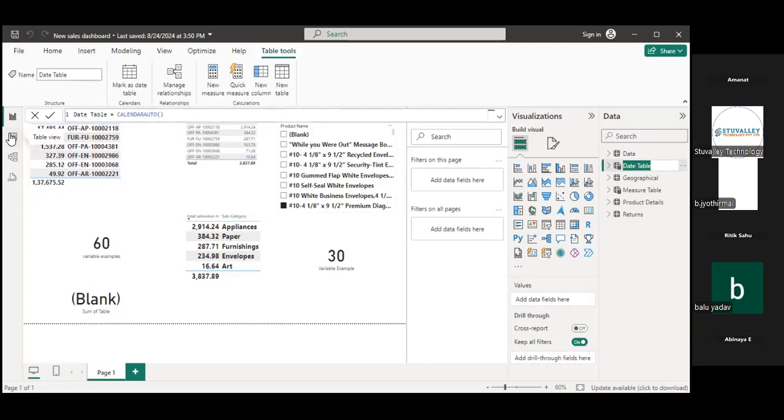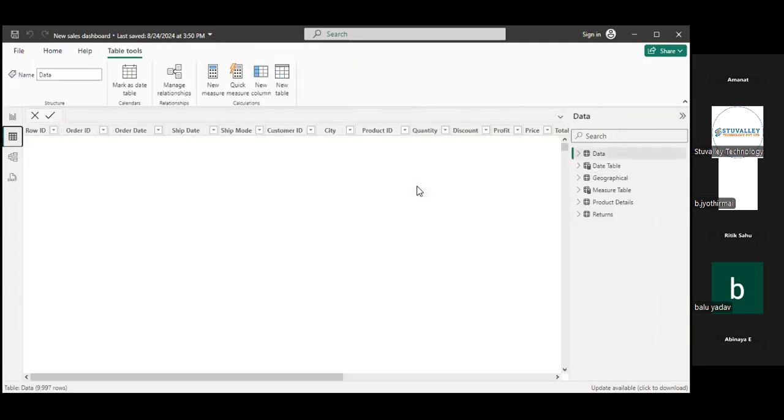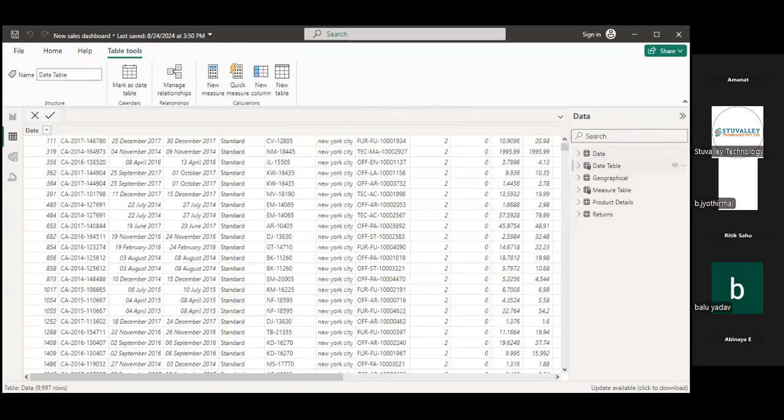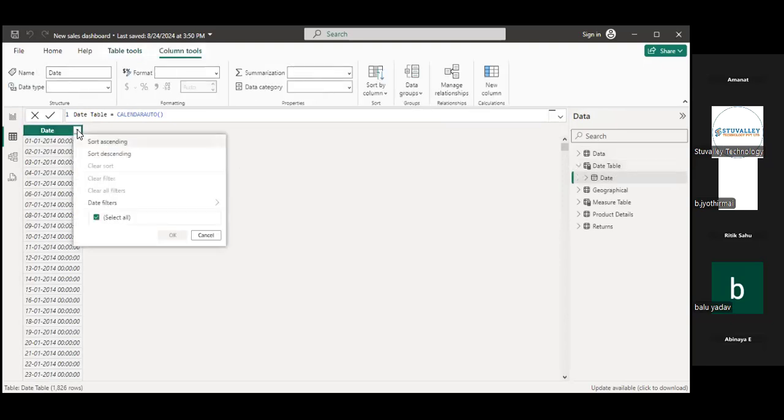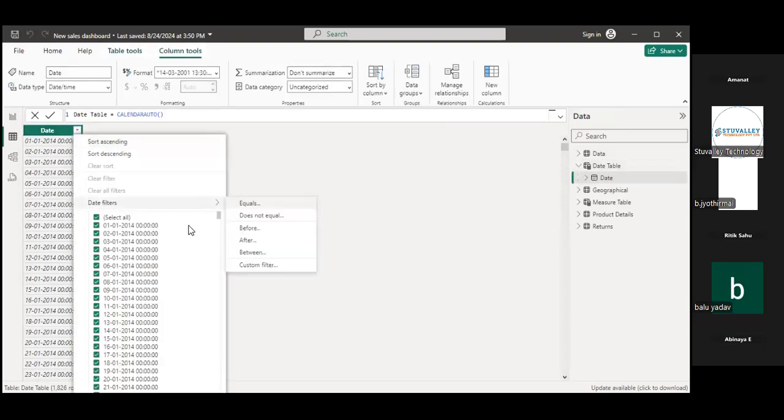If I show you the table of your data, हमने टेबल क्रिएट किया था विद द हेल्प ऑफ डेट्स. टेबल में हमारे पास कितने कॉलम हैं, we only have one column, that is date. अब अगर हमारे डाटा में how many years of data we have in this date column, till 2014.